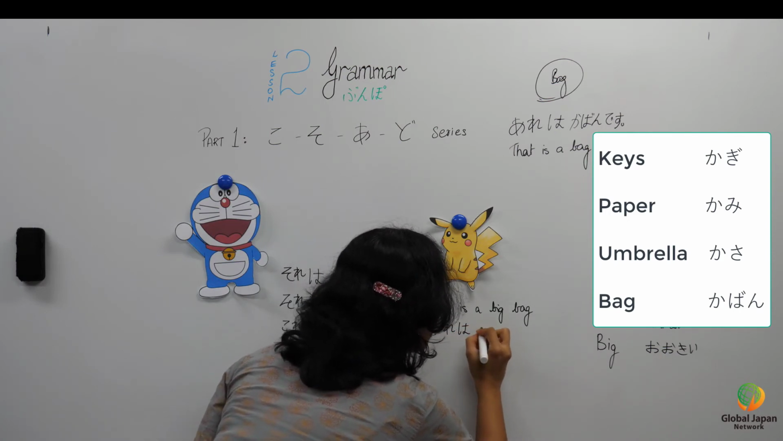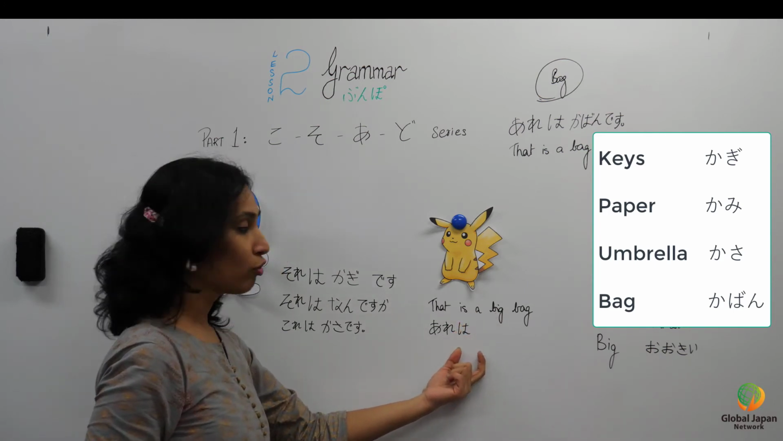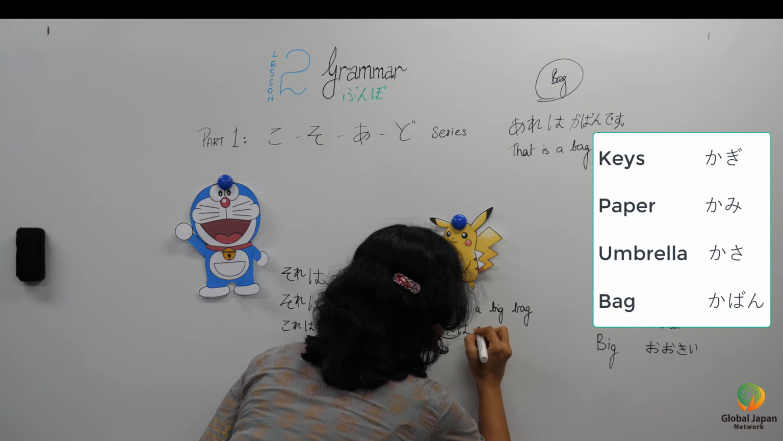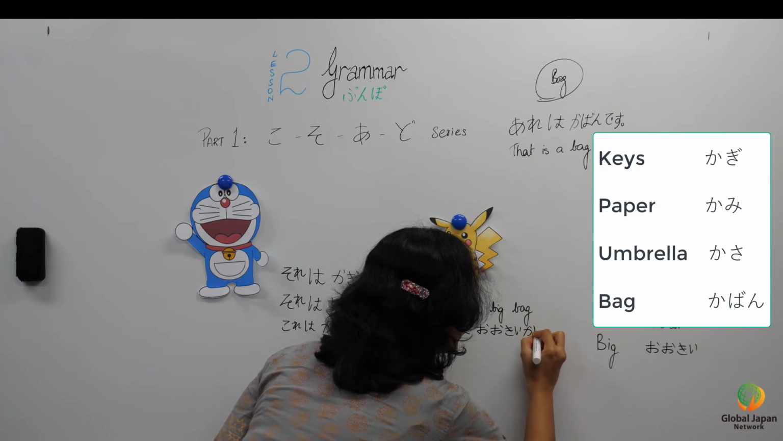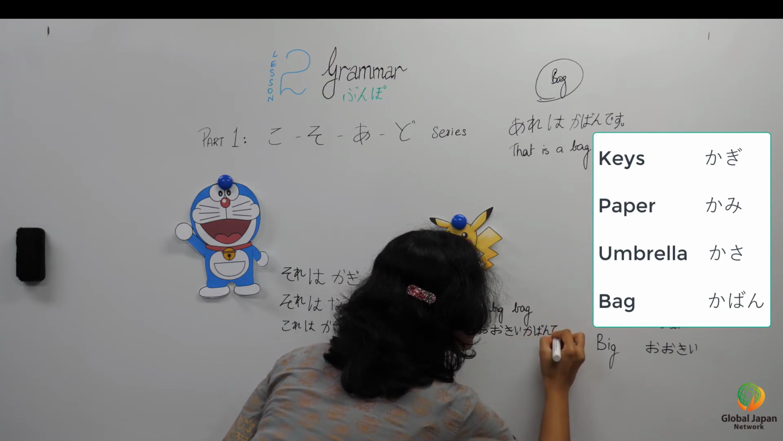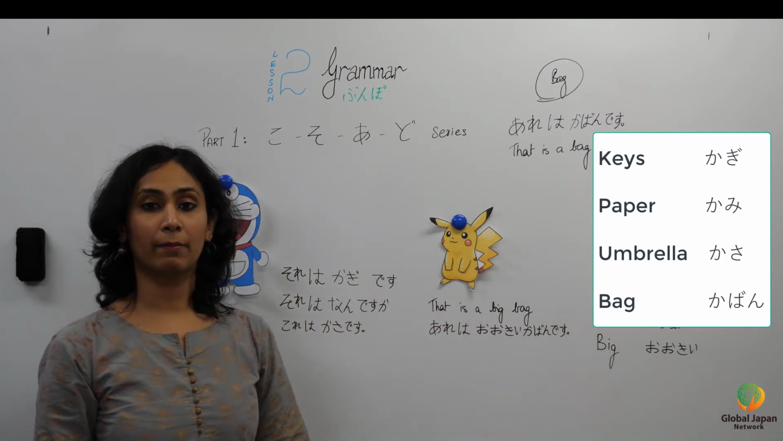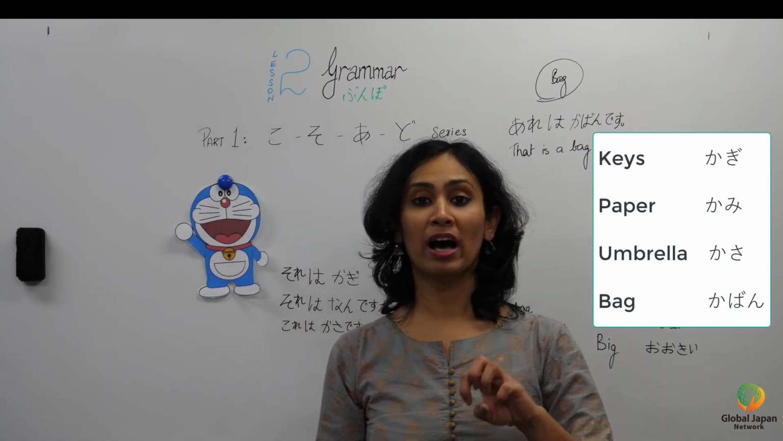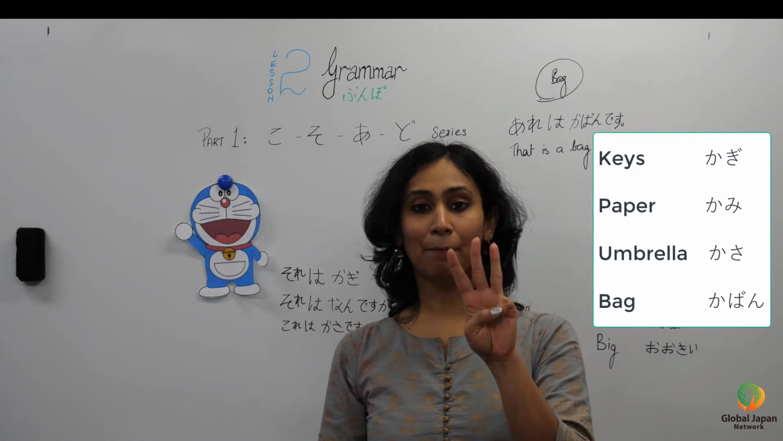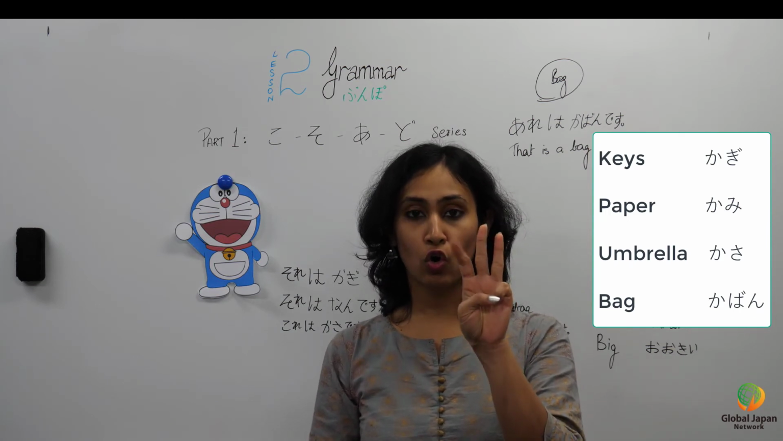Areva. The adjective would be placed before the noun. Oki kaban desu. Areva oki kaban desu. So, I hope you have understood the application and the meaning of the 3 demonstratives: kore,